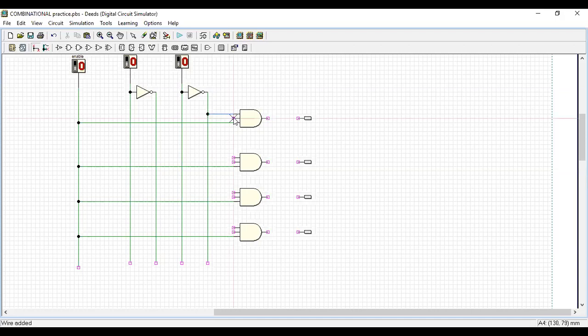So B bar, and here the next one I connect to. First is 0 0, both the inputs are 0, so both are A bar, B bar. And what is the second one?